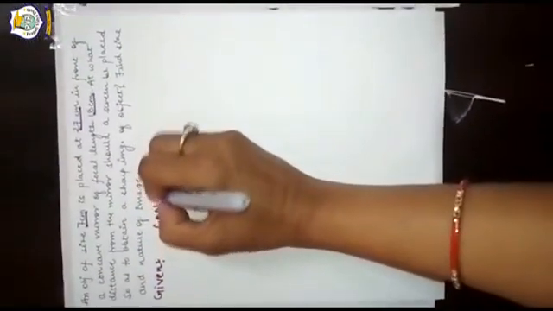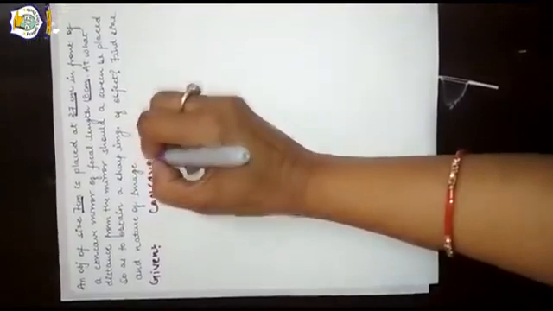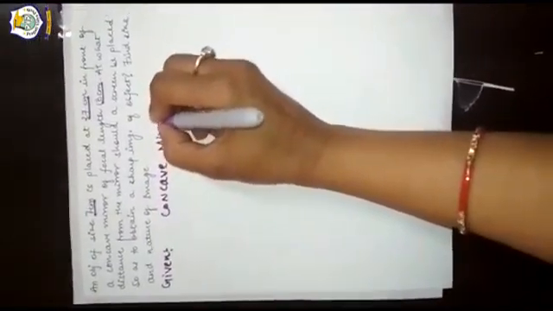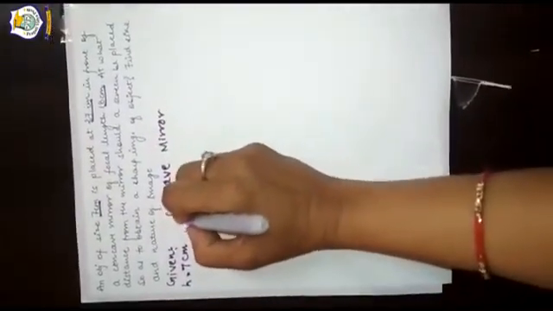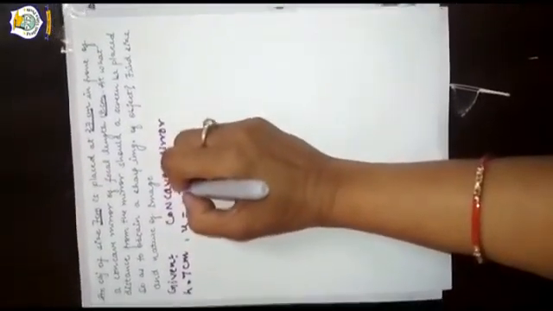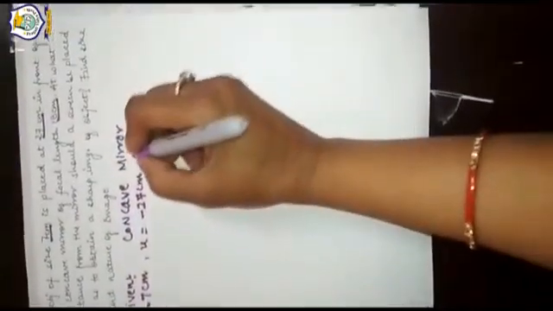So first we will write the given. Which mirror is given? Concave mirror. Right? Now the size of the object is 7, so H is equal to 7 centimeter. And placed at 20 centimeter in front means U is given as minus 27 centimeter. Focal length, since it is concave, will be negative.